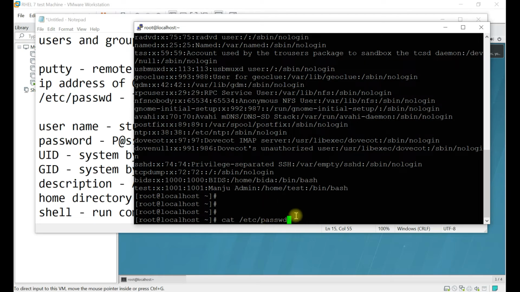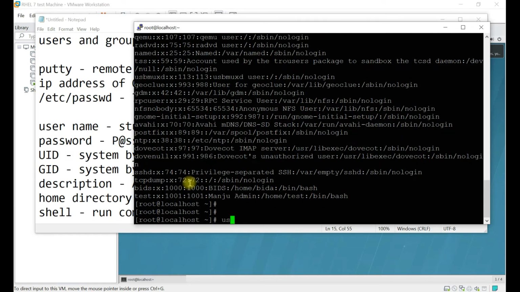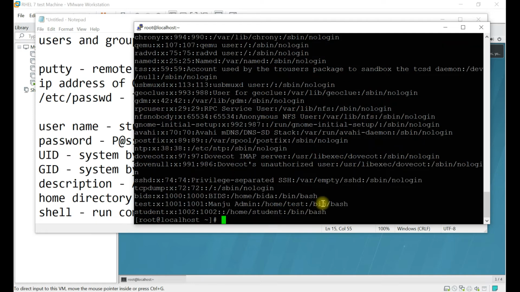So here we don't have any student, so let's create student, useradd student. Okay, this command executed. So let's see whether we have any user or not. Okay, you can see student.